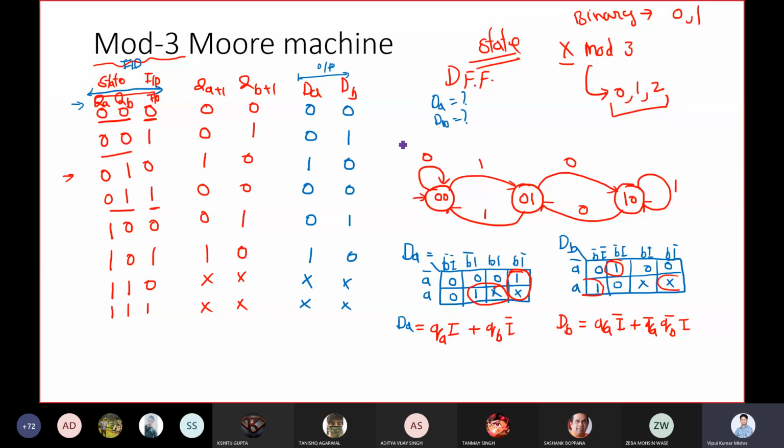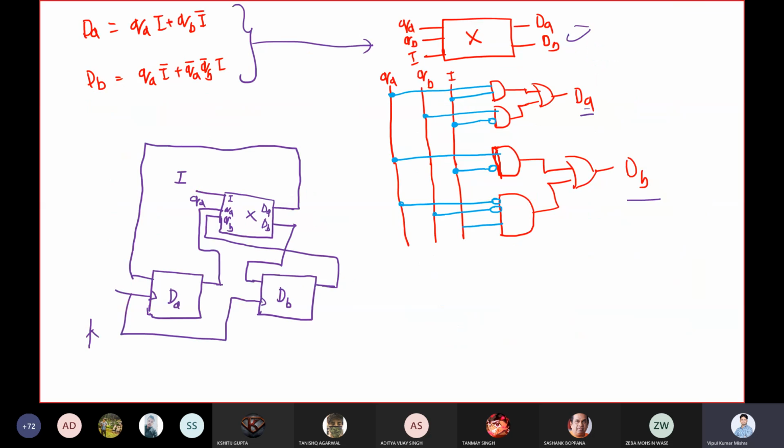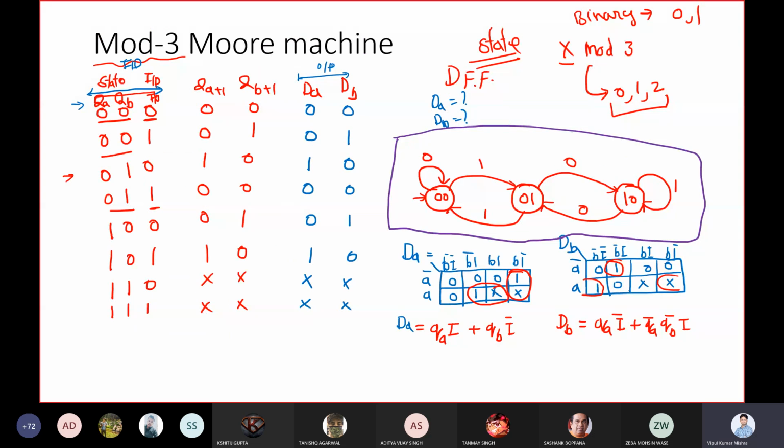Now, when I said I had made this state diagram for mod 3, let's test this state diagram quickly and see how exactly it will operate. So let me take this state diagram into the next page here. I can test over there only. Suppose I have an input. Let me take a few inputs and then you can test. Suppose I have input 1, 0, 1, 0.